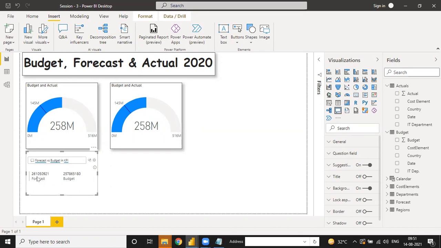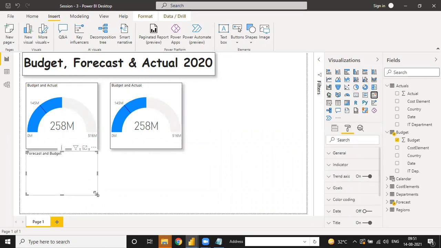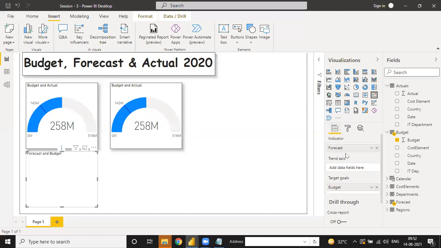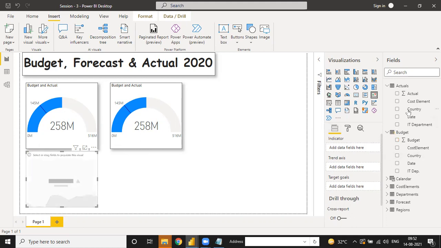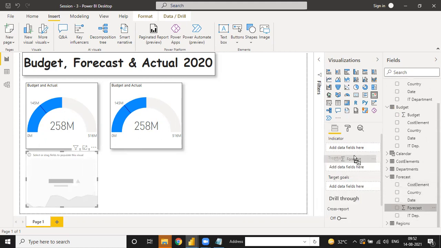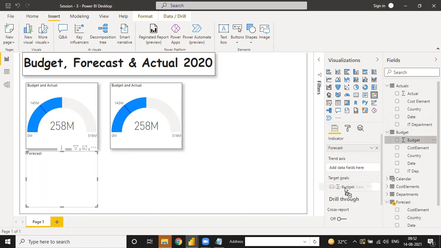See, total forecast value is 261 and the budget value is this, and we have to click over there. Your chart is directly ready. When you click over there, your forecast and budget chart is ready, but it will show the complete value because as per your data, the forecast and budget are a connected node. So now we have to connect again. This one is a table, and suppose we have to use the forecast table. For the forecast we have to connect the indicator as forecast and the target as our budget.